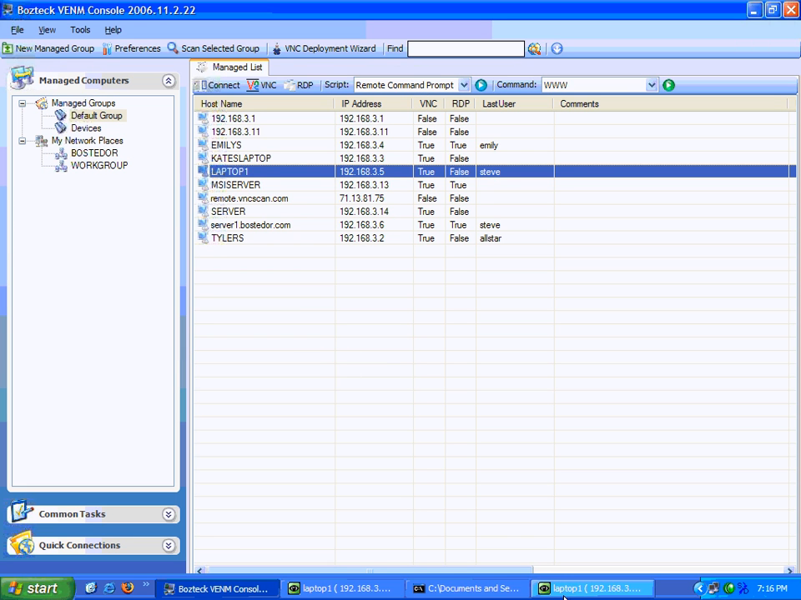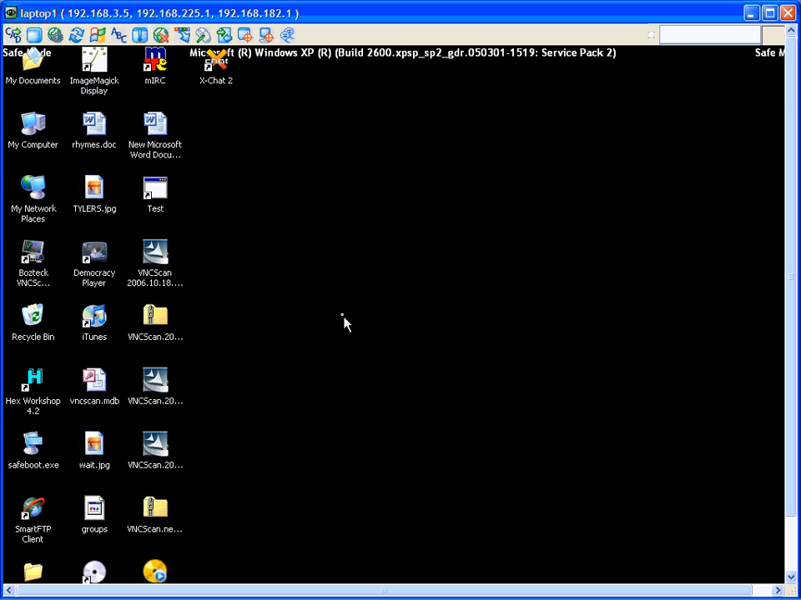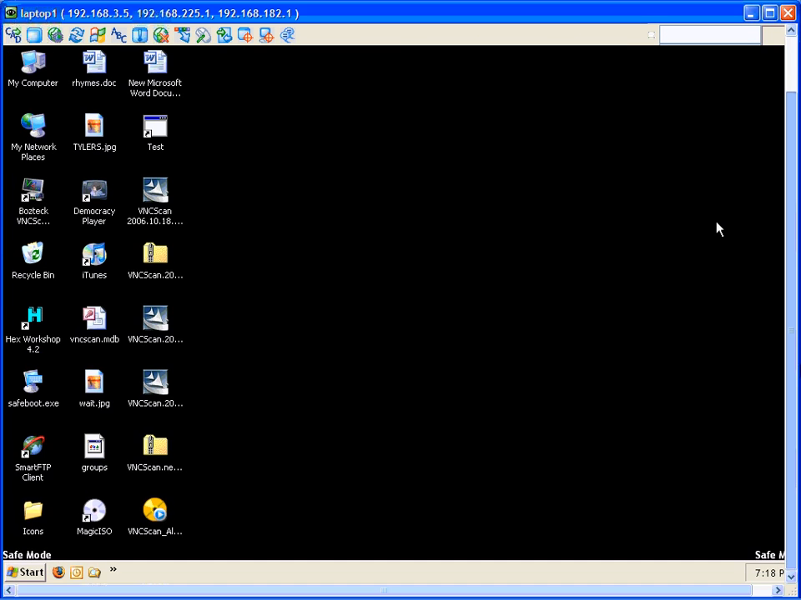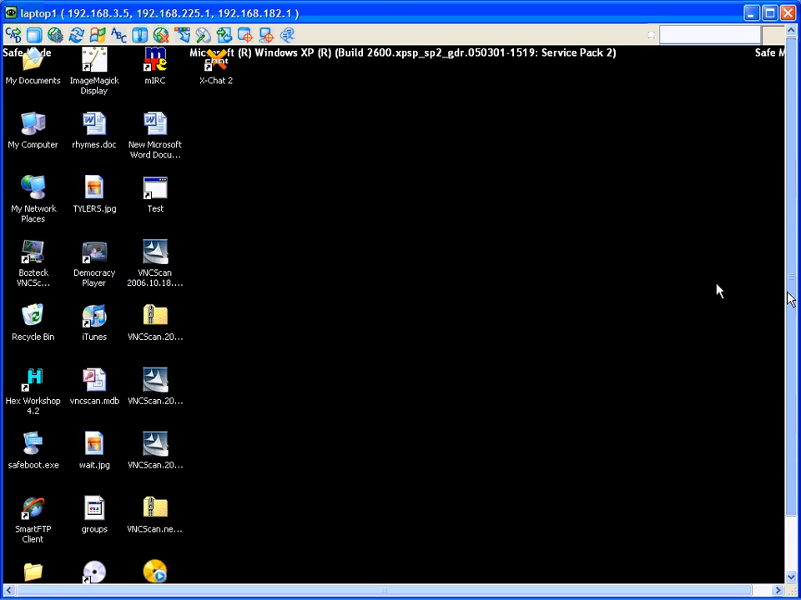Alternatively, if for some odd reason that's not working, when you tell a computer to reboot into safe mode, an icon gets put onto its desktop called safeboot.exe. That is a manual way of undoing the safe mode and rebooting the computer. So double click on that,